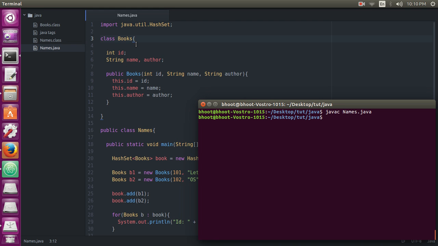It's understanding Books as a function, and I haven't defined a return type. That's why it's giving this error. So you can see we have used the hashset on a class and successfully returned our two lines: id 101, name let us see, author Yashwant, and another id 102, name OS and author Galvin.